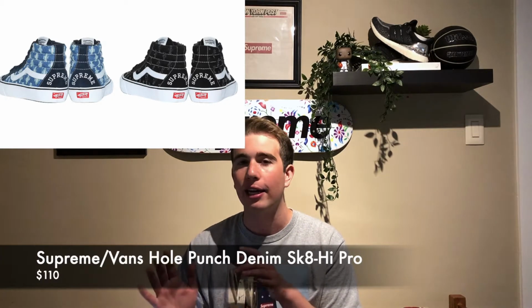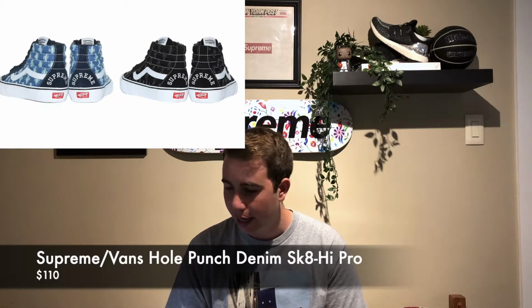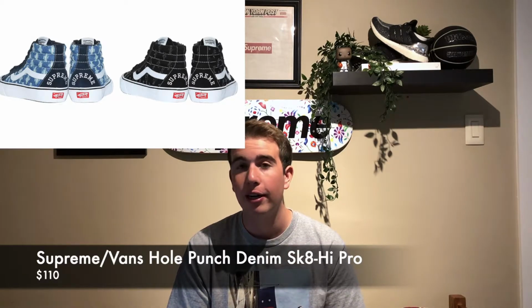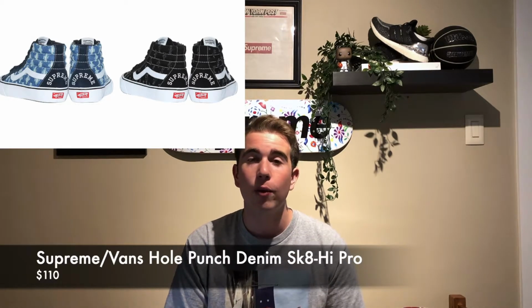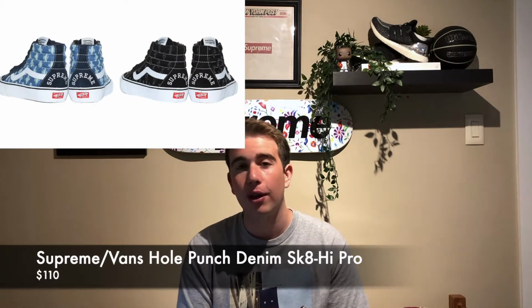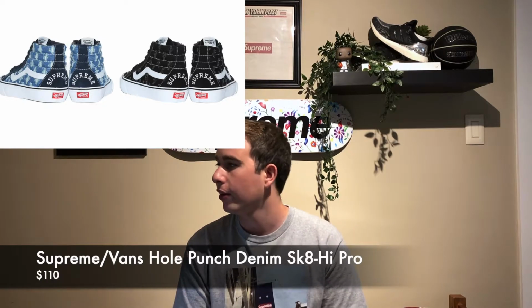I'm not a huge high skate guy. I'm more the low guy with the laces, but these are pretty fire, so I might have to grab the black pair. Reselling these, I see hitting $150, so not terrible, a good hold. These are definitely one of the best Supreme Vans